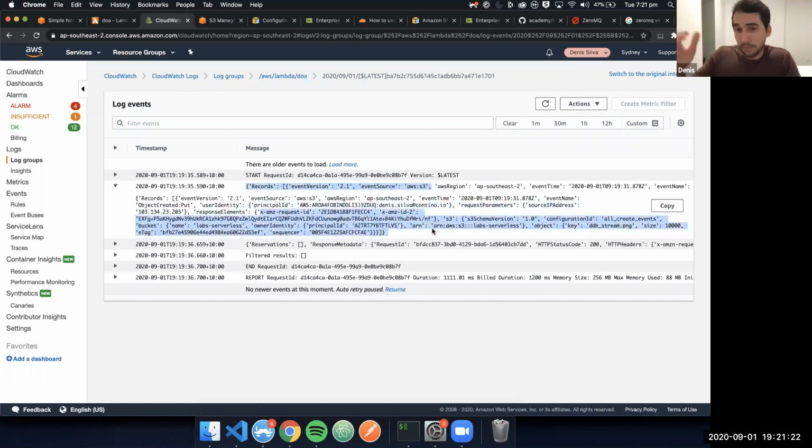Cool. Then when I receive these events here in Lambda, this info is available to me. I can just go ahead, maybe fetch this object and do whatever I need to do. It is a common pattern for image resizing. So if you have a website or mobile application and you need to handle several thumbnails for different screen sizes,